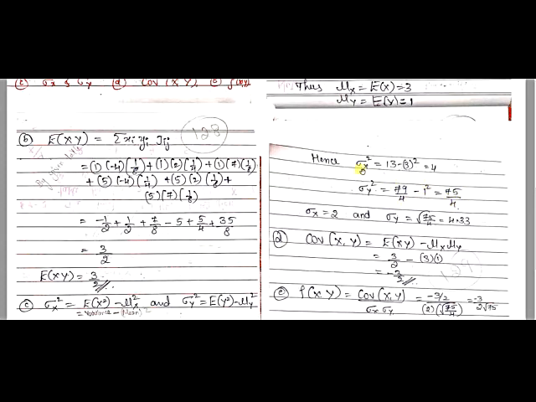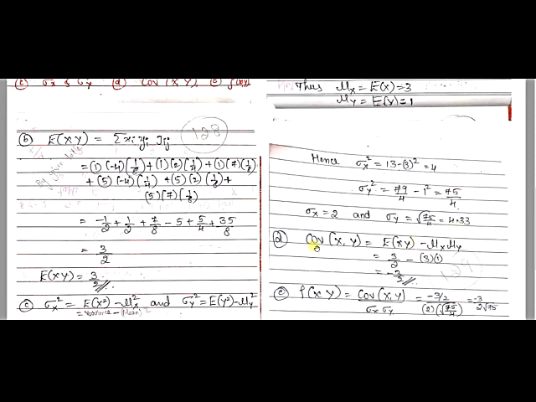Now we found standard deviation x the square and standard deviation y the square, but they are asking you to find standard deviation x and standard deviation y. So standard deviation x square is equal to 4, that will give you standard deviation x is equal to 2, the square root of 4. Similarly, standard deviation y the square is 75 divided by 4. Now standard deviation y is equal to the square root of 75 divided by 4, that is 4.33.